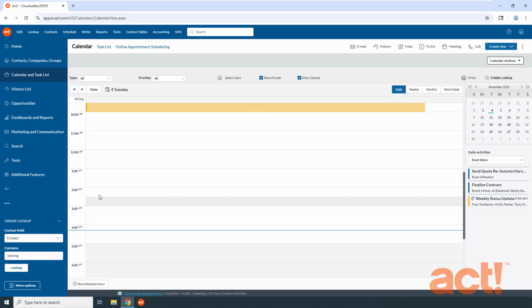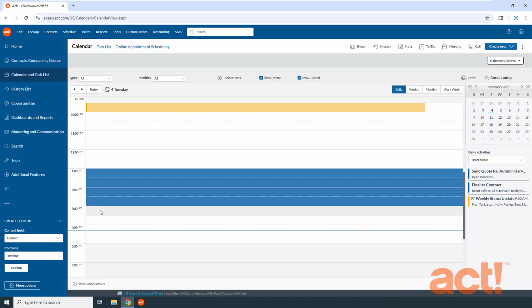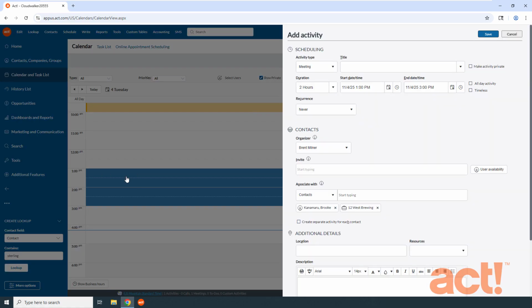So I'm going to click and hold the mouse button down and drag a slot between 1 and 3. Now I'm going to right-click my mouse button, and you can see a number of right-click options here, but I'm going to choose Schedule Activity. This opens up the Add Activity drawer from the right, and now I can walk through this new activity screen to fill in the details. Let's title it Product Update, and then for the activity type, I'm just going to leave it as a meeting. You can see it preserved my duration of 2 hours from 1 o'clock to 3 o'clock, and I don't want